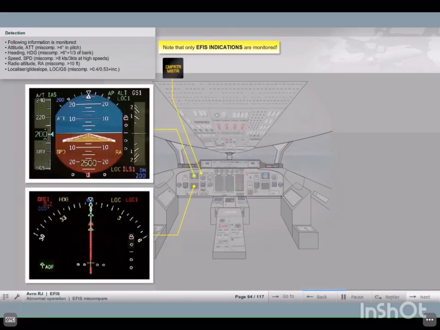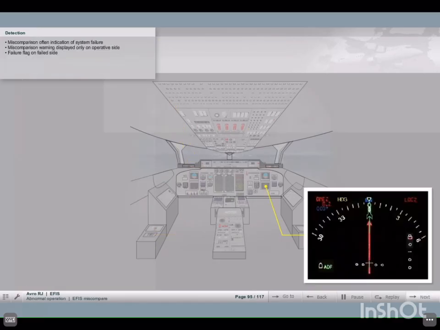Localizer, LOC, is displayed on all screens if a minimum difference of 0.4 dots plus 0.25 average deviation is detected. Glide slope, GS, is displayed on all screens if a minimum difference of 0.53 dots plus 0.25 average deviation is detected. The miscomparison warning is often the first indication of an instrument or radio